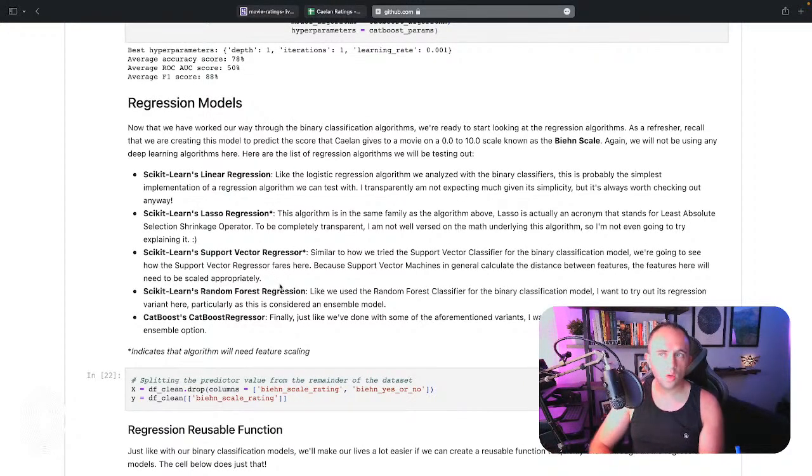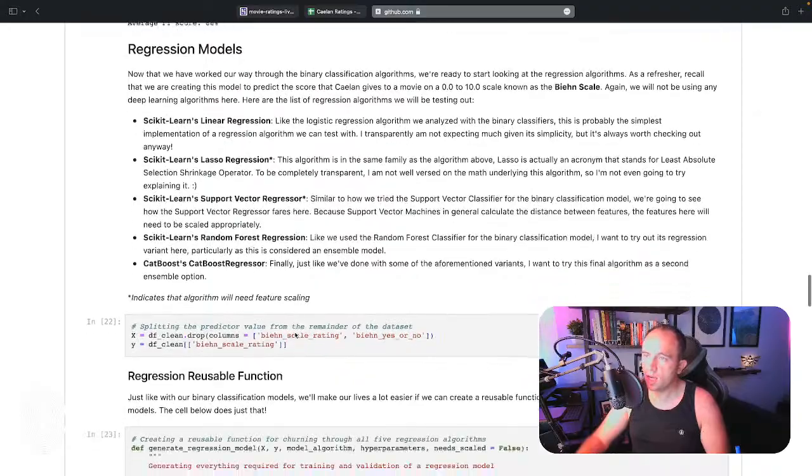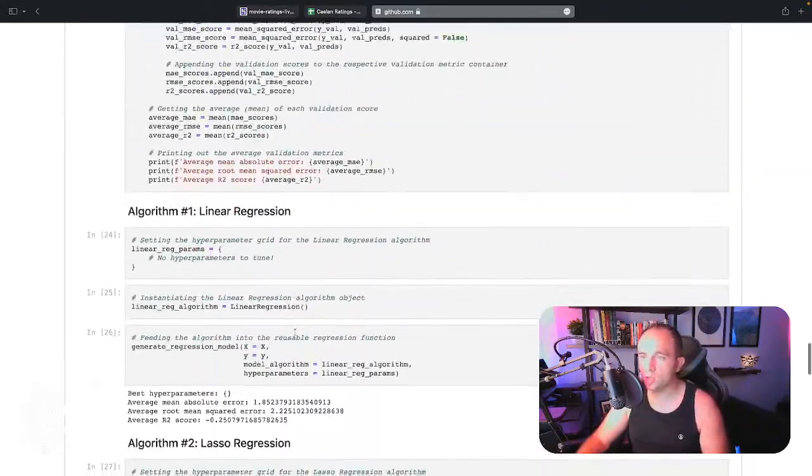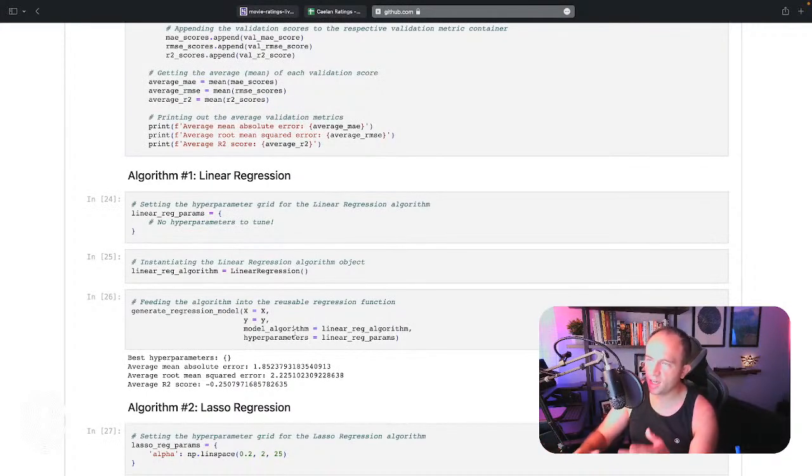We tested out lasso regression. We tested out the support vector regressor. We tested out random forest regression and the CatBoost regressor. And so basically at the end of this whole thing, if you recall during that stream, because I said this is a comedy podcast, the scores that he gives to these movies are kind of a joke sometimes,